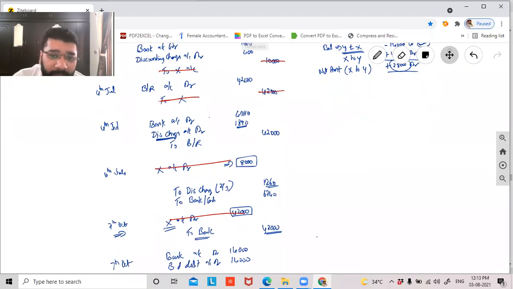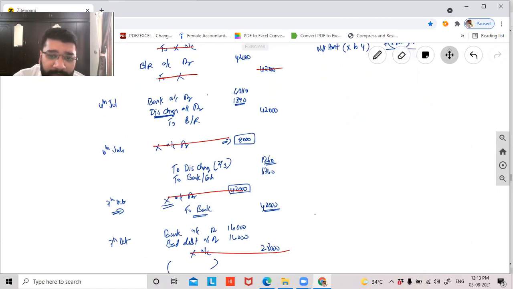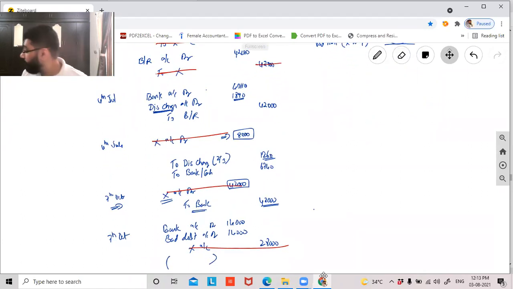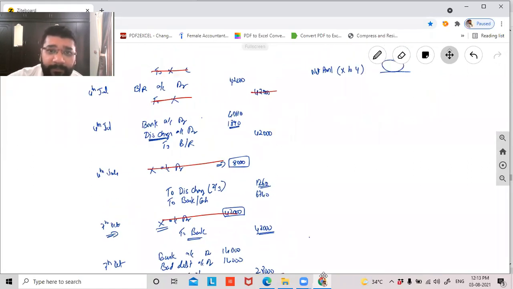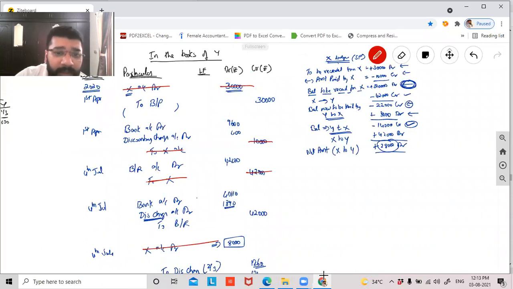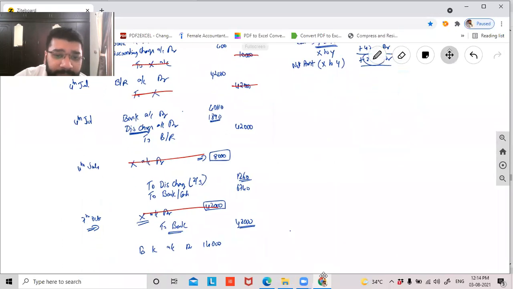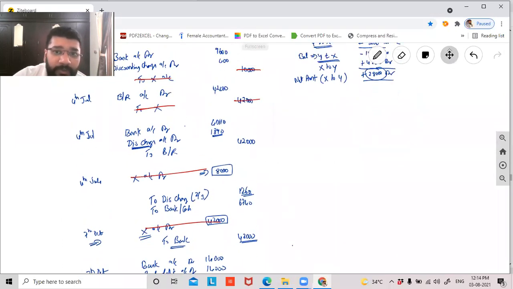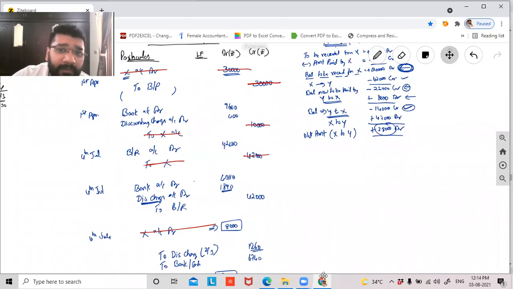Debit 30,000 and 8,000 and 42,000 plus 8,000 plus 30,000. So 80,000 rupees on debit. And credit how much? Credit is 10,000 plus 42,000 plus 28,000. So guys, X account is matched. Now guys, if I further talk about bills payable, 30,000 is credit. Is there any bills payable debit with it? So this is the entry what Nandini is talking about, guys. This bills payable 30,000 has to be closed, no?